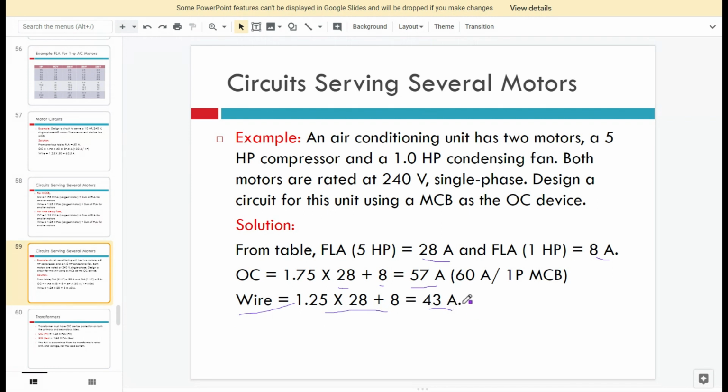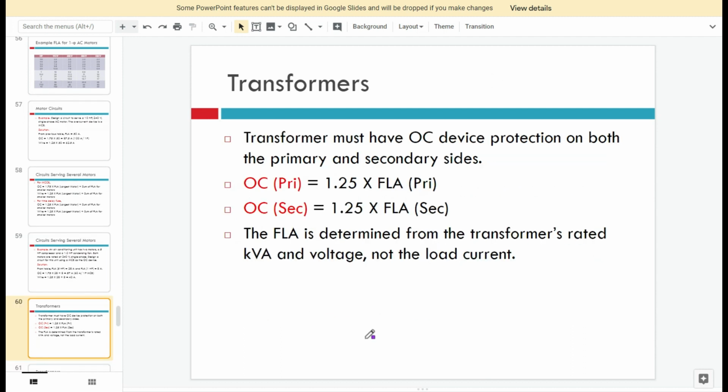So this one is the approximate current rating that can be used in order to choose the sizing for the conductor. Okay, and then for the transformers, we also have to consider the overcurrent device, the overcurrent